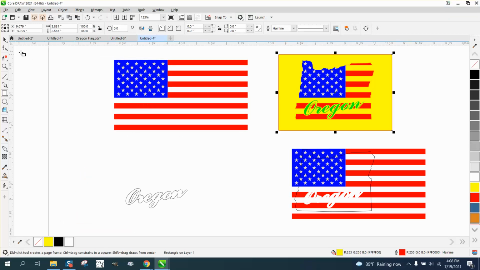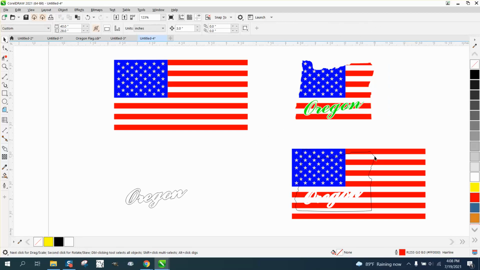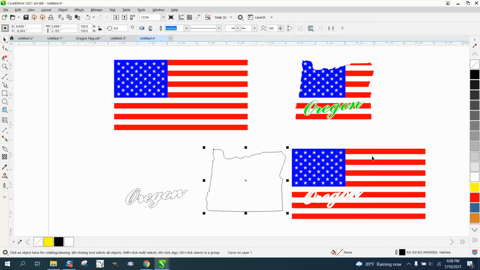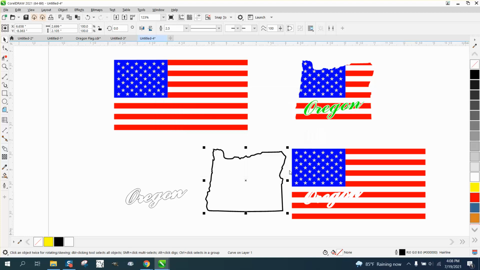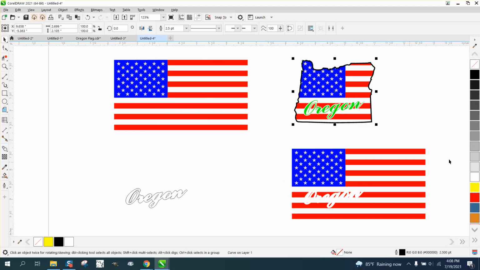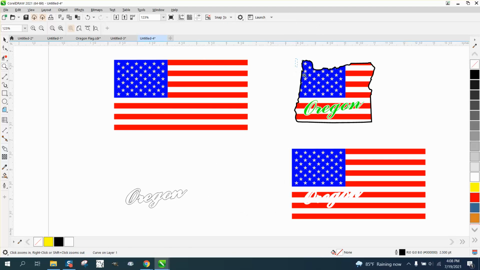Voila. Now, the only other thing you need to do is take your outline. I'd always move it out of the way and maybe double click on your pen tool. Give us that 2 points. And remember what I said earlier, if you don't have 2.5, you can just type it in, 2.5. You don't have to use the numbers that Corel has. And then nudge that up. And now we have a completed project